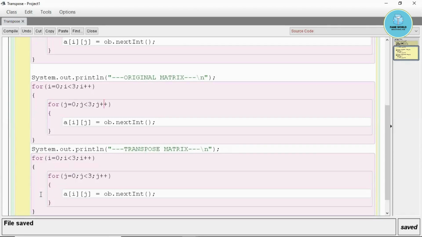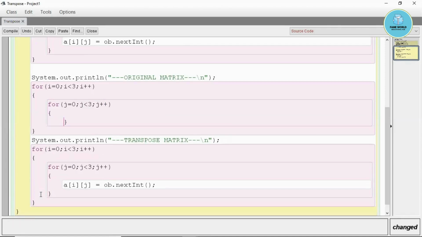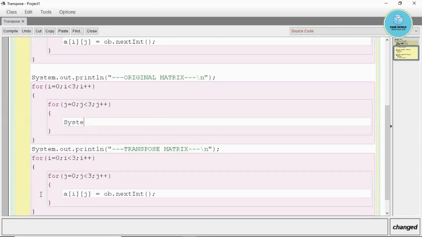Here I have not actually converted the statement. Let me change it to the printing statement. And as it is a matrix, the printing would be different. Like we do in patterns, that way we will print it.